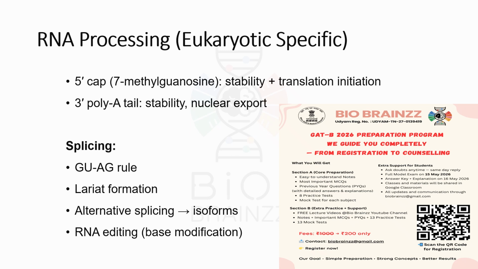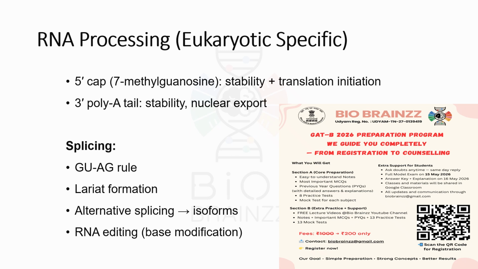RNA processing is a crucial step that converts pre-mRNA into mature mRNA in eukaryotic cells. The first modification is the addition of a 5' cap, which is a 7-methylguanosine structure. This cap protects mRNA from degradation and also helps in initiation of translation. The second important modification is the addition of a poly A tail at the 3' end, which increases mRNA stability and helps